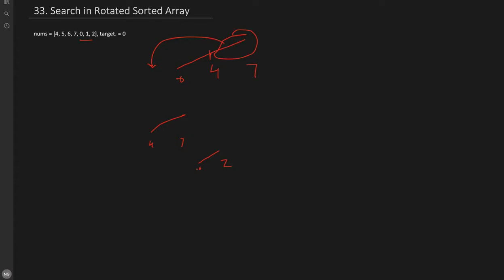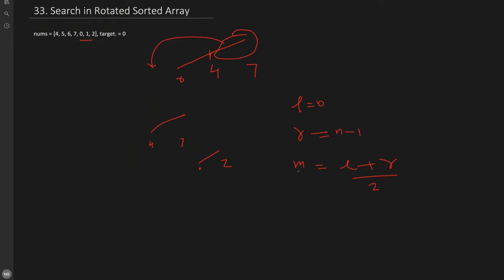So how will we apply the binary search? As usual, first we will take the left pointer. Here I am representing L as left, index 0, and R is the rightmost index, which is n minus 1. Now we apply binary search and find the first mid. I am representing mid by m here. Mid is (L + R) / 2, or you can also do L + (R - L) / 2 to avoid integer overflow. As our n is very small, we can use this as well.